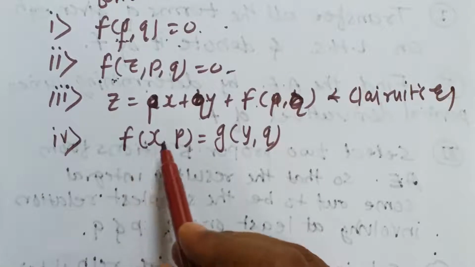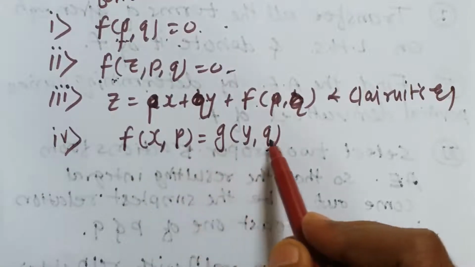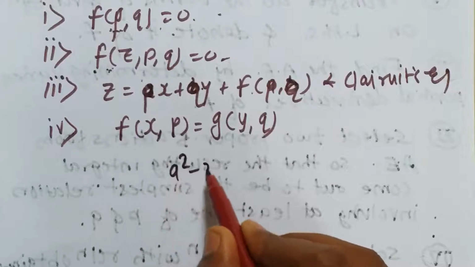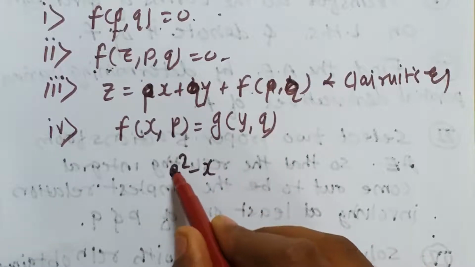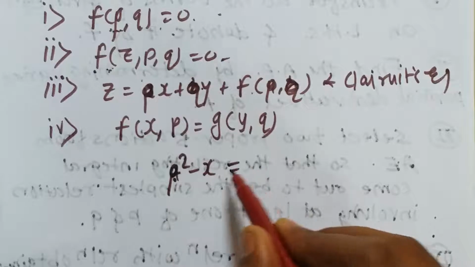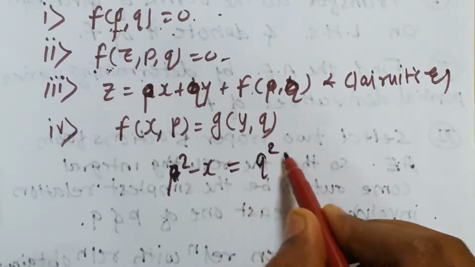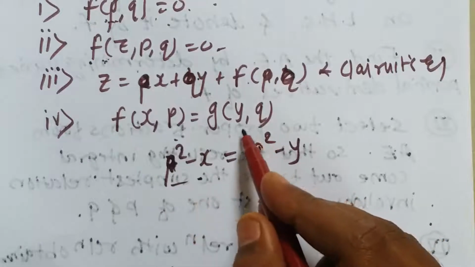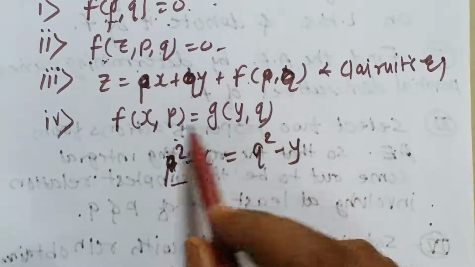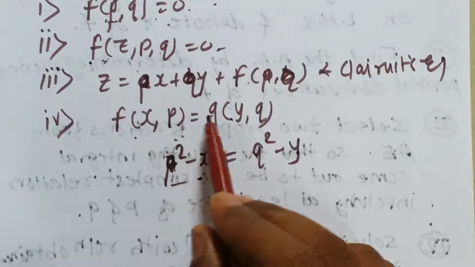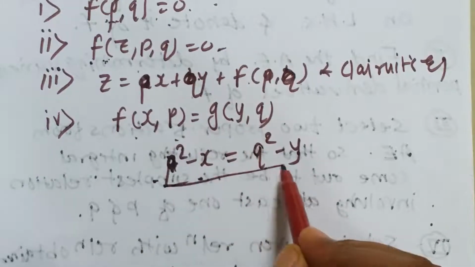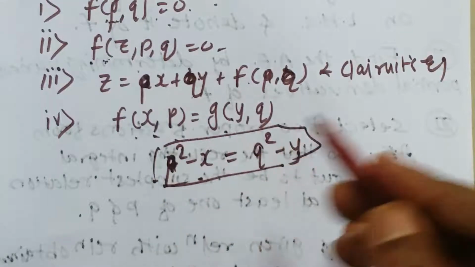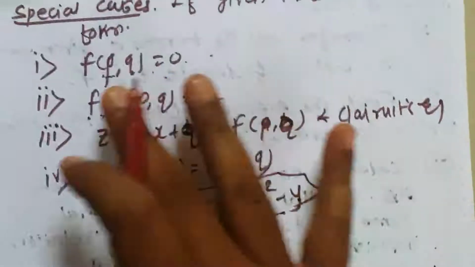Another case: f of x comma p equal to g of y comma q. For example, p square minus x equal to q square minus y. So f of x, p is p square minus x, and it is quite similar to just a change of variable: x is replaced by y and p by q, and we have p square minus x equal to q square minus y. If they are equal, in that case the solution also can be obtained using different techniques. So these four cases